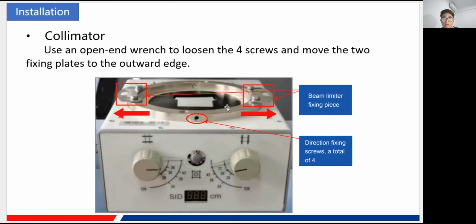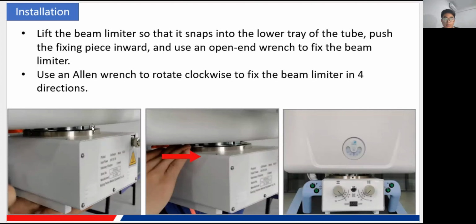1, 2, 3, 4. It's in the 4 direction. It is symmetric. Of course, you just need to loosen them, 4 of them in all. And these 2 are the fixing plates of the other edge. Of course, you need to move them to the side to let the collimator be successfully installed. Okay, like here. And after you have loosened all the screws, you can then place it and lift